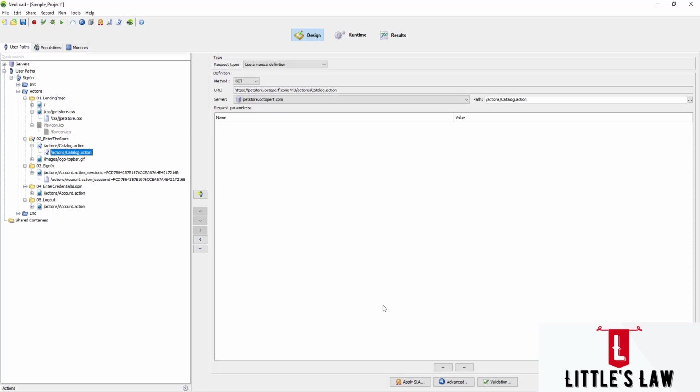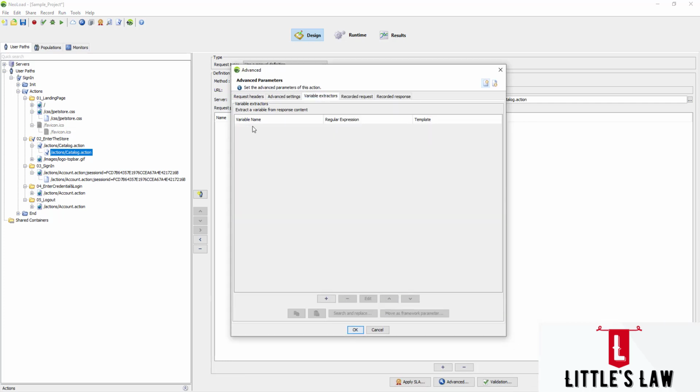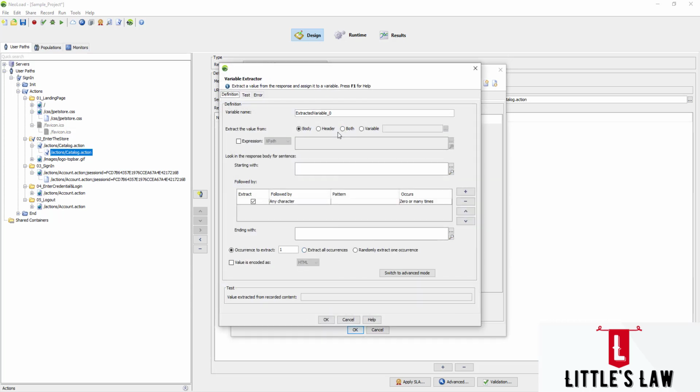So first now let us go to advanced, and under advanced we will go to the variable extractors, and under variable extractors let's click on the plus symbol. And here there are four options. One is the body, so this will help us to extract the value from the body, and the next option is extracting the value from the header, and then both the body and header, and then if there is anything from the variable. So for now we will choose both, because this will cover the entire section, and the variable name is going to be